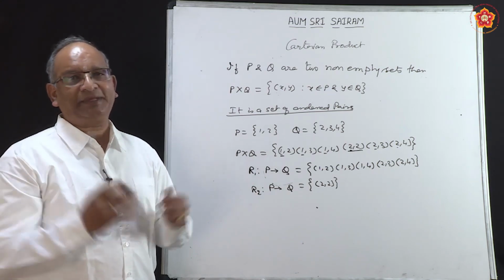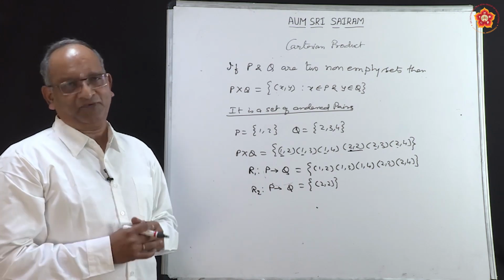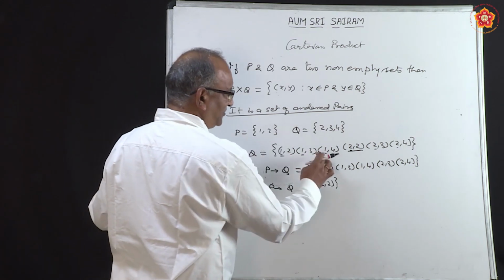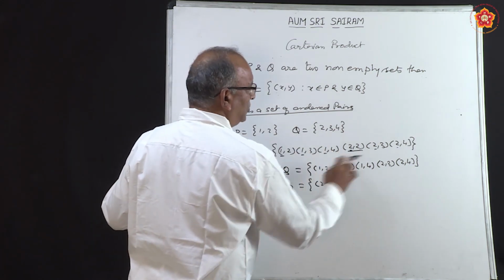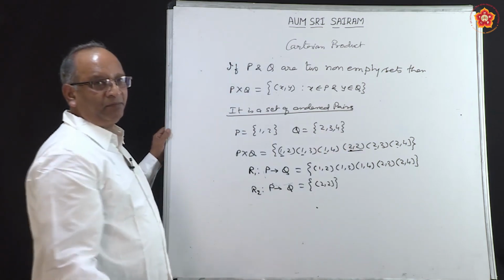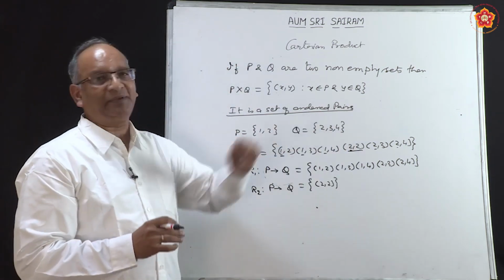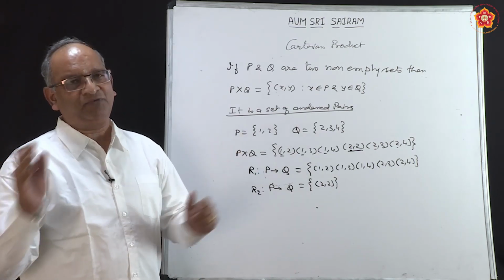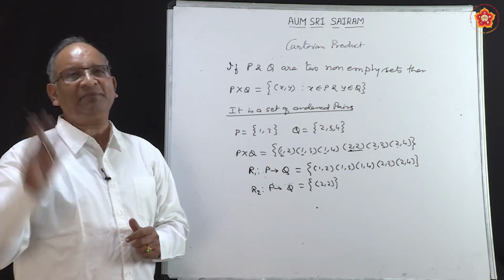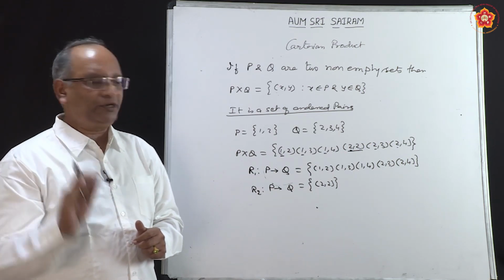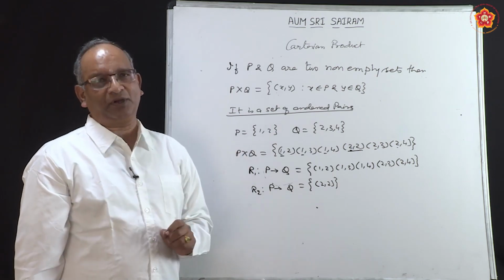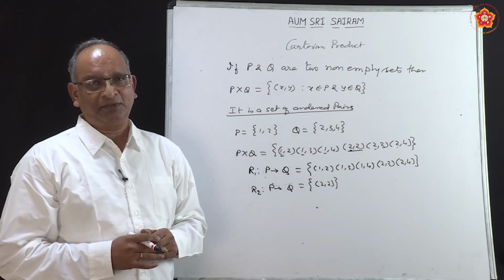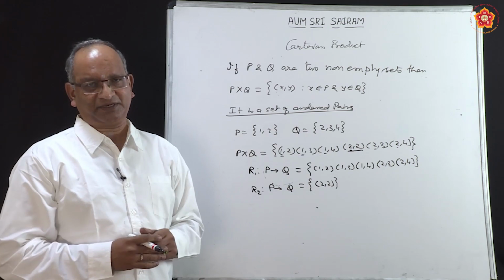Now, let us say you take another relation, is a factor of. So, we say 1 is a factor of 2, 1 is a factor of 3, 1 is a factor of 4, 2 is a factor of 2. 2, 3 will not be part of it. Why? Because 2 is not a factor of 3, but 2, 4 will be there. In this particular manner, you can define any number of relations from one set to another set, and whatever be the relation, all of them are going to be subsets of Cartesian product. So, Cartesian product set is more like a universal set. Any relation is a subset of it.